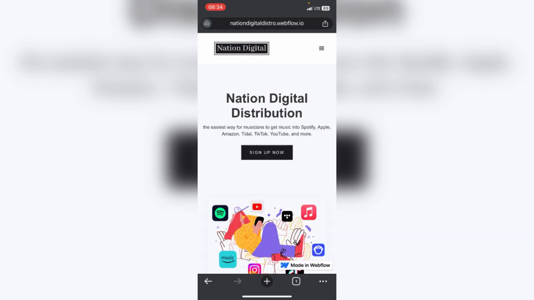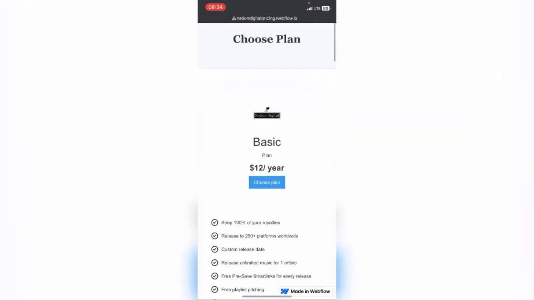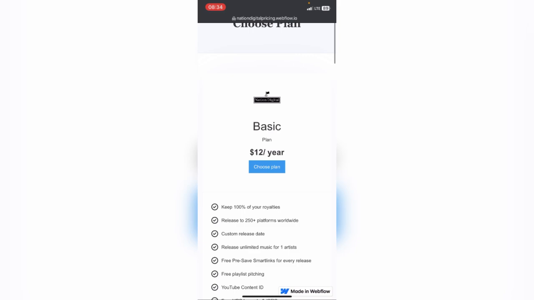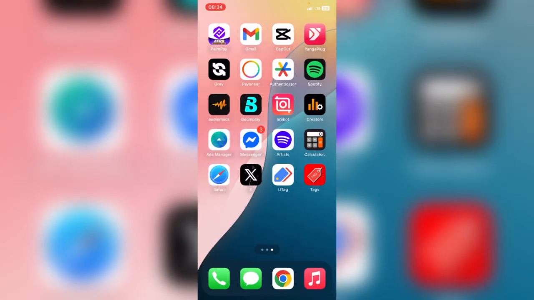What you need to do right here is sign up, create an account, then you could distribute your music through the platform. I'll say their pricing plan is very affordable, and they're also fast in getting your music distributed on all streaming platforms. So once your music has been distributed and is available worldwide, the next thing you need to do